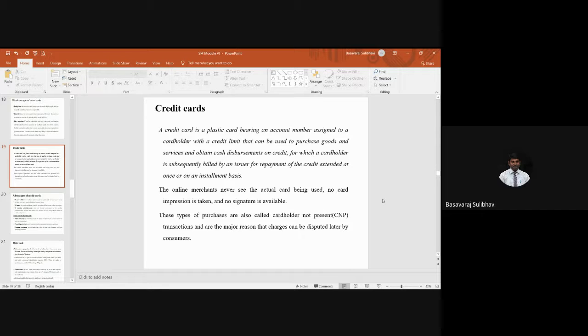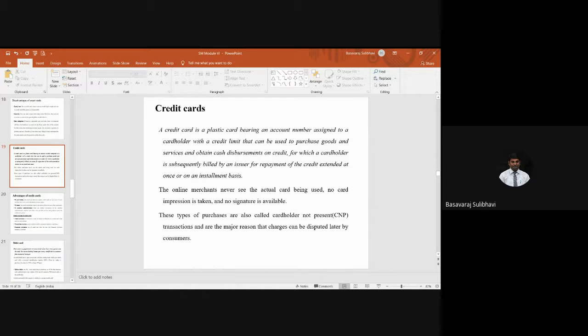And what happens is, the credit which those people take from the bank for purchasing any products or services, and if they have withdrawn cash from the ATM, some amount of interest will be charged to them, and they have to repay that amount. The repayment should happen within a time period given to them. Within that period he has to pay once, or sometimes he can pay on the basis of installments also.